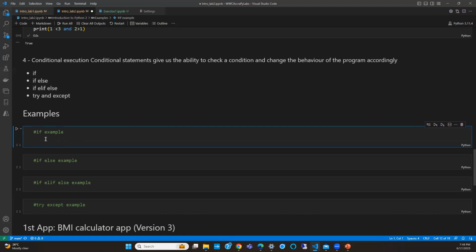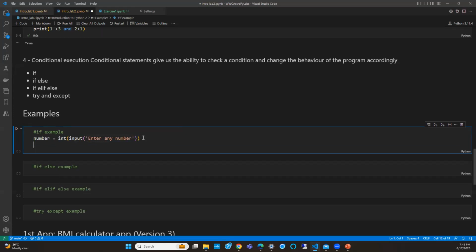So let's see, now we have inputs. Let's ask the user to enter any number. We want this as an integer, so I have to convert that to int.